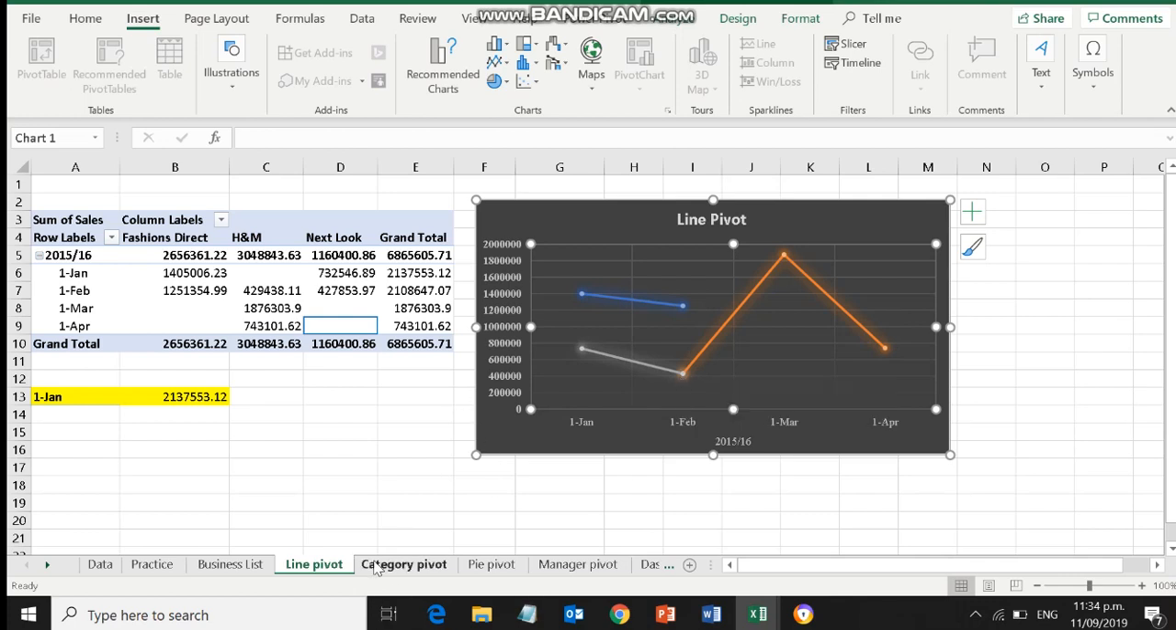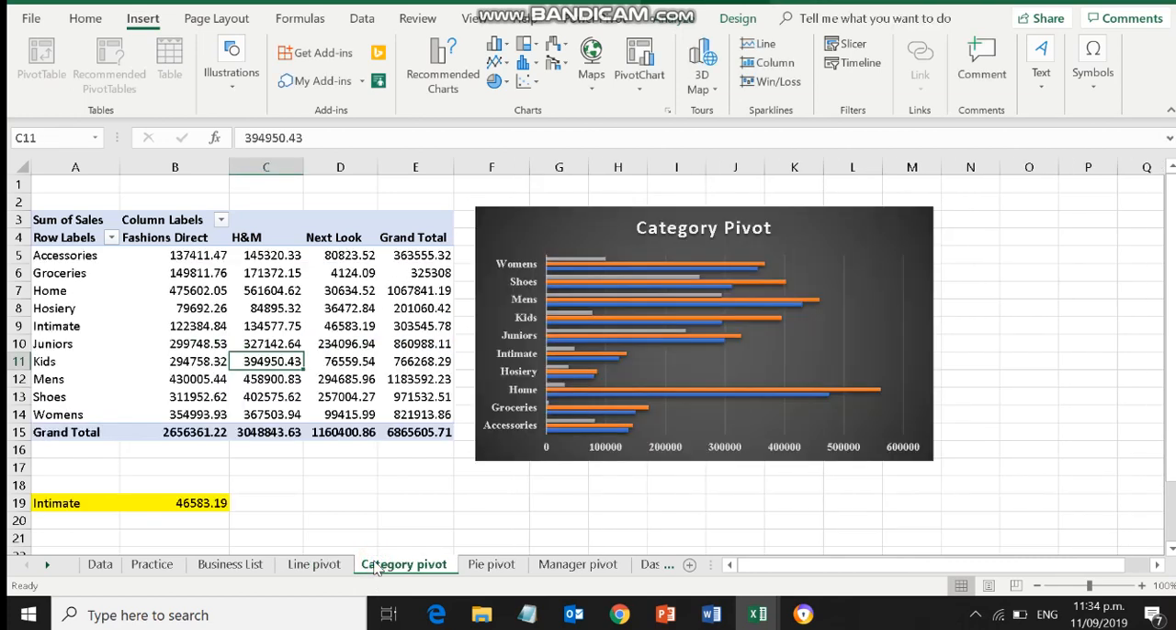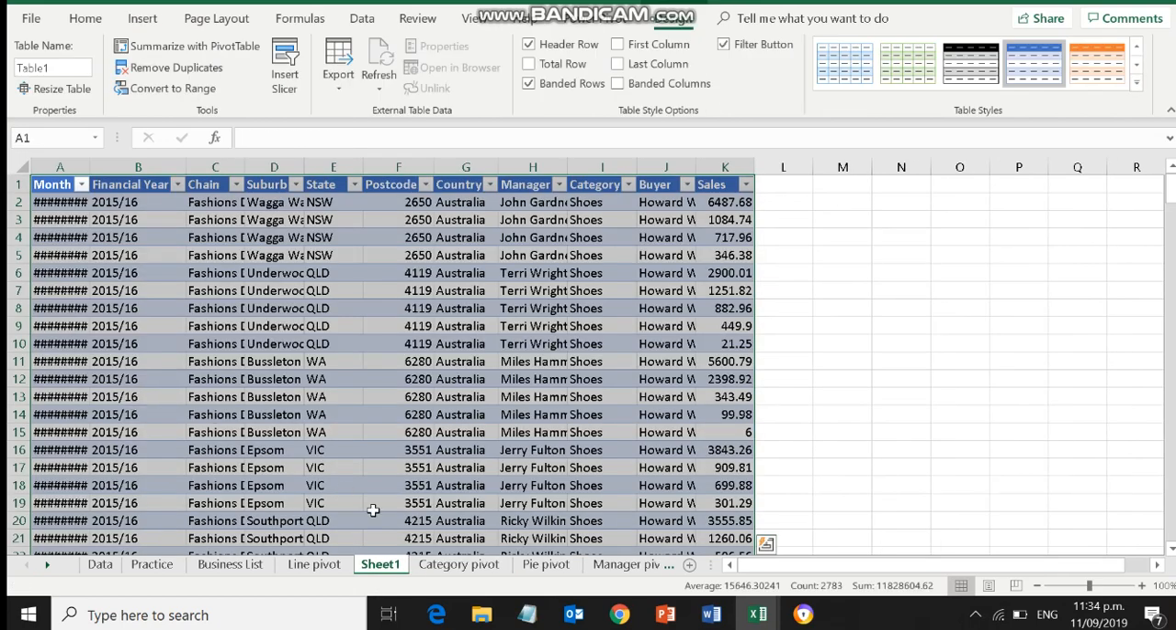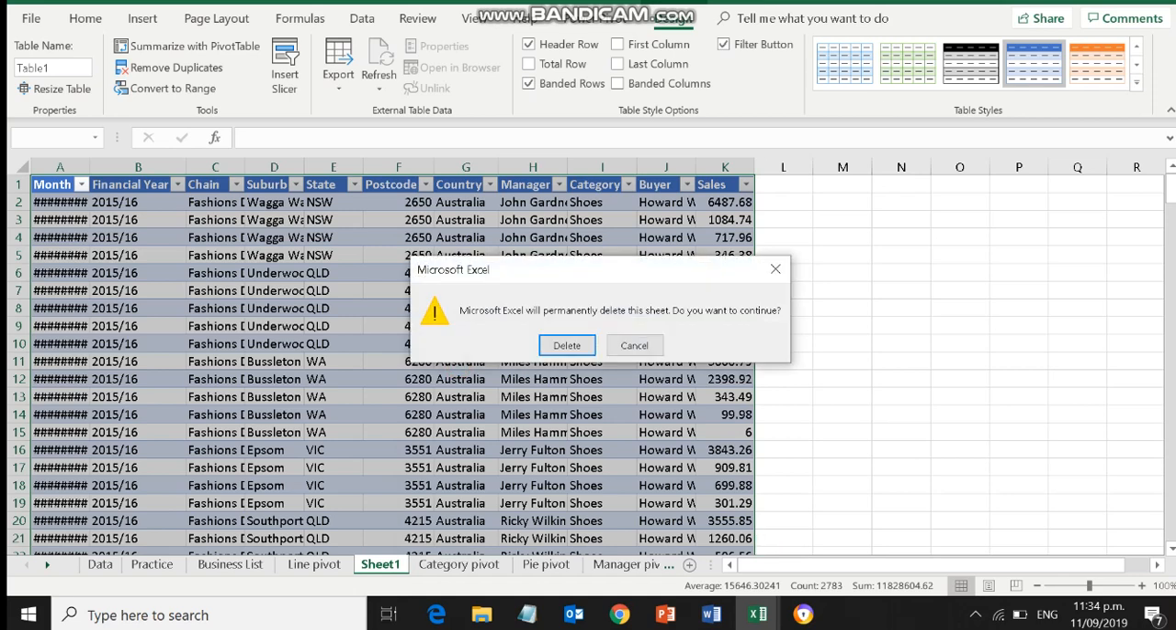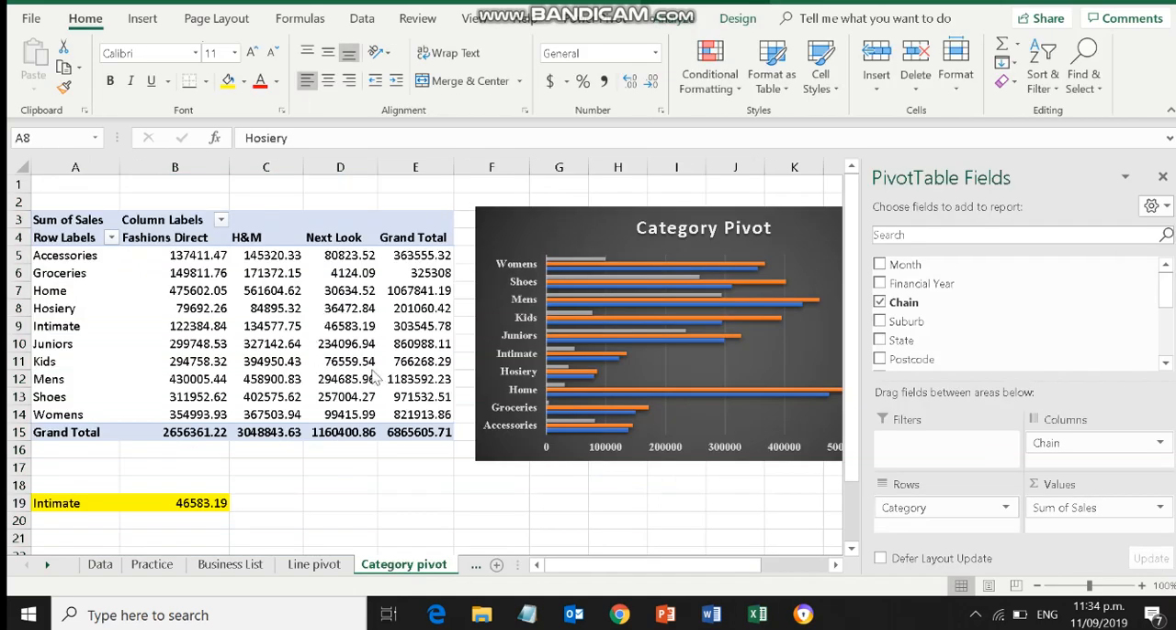So after creating that line pivot, I have just created a category pivot as well. For creating a category pivot, I have just used the rows as the category and the column